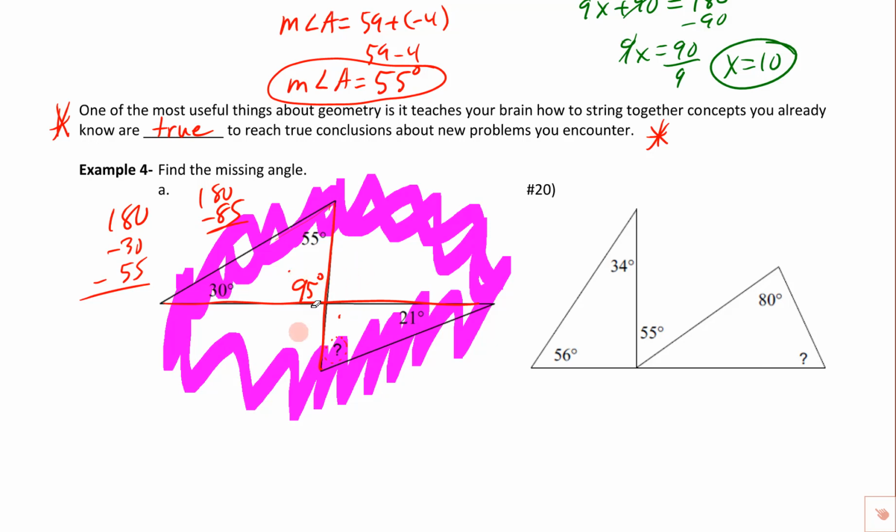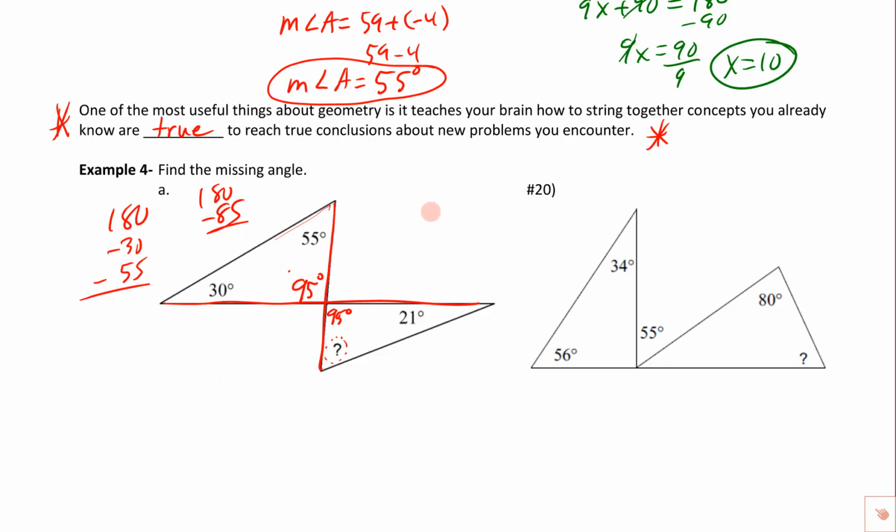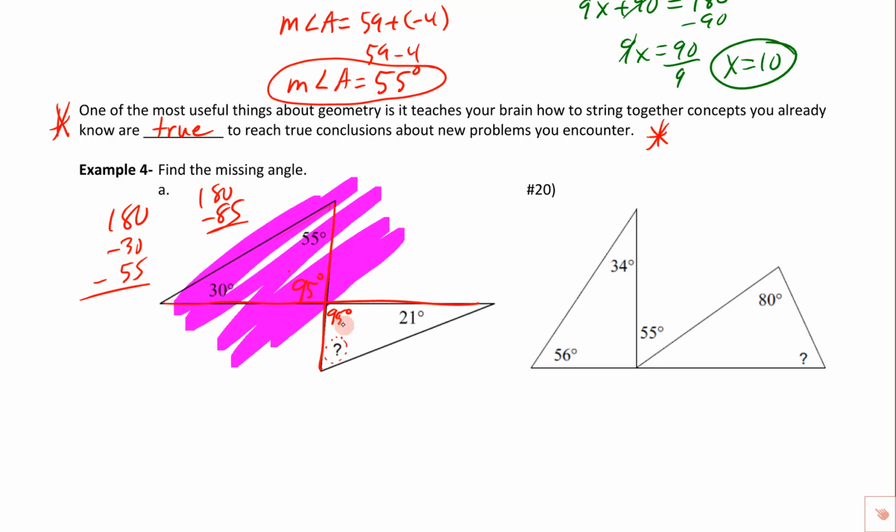So what that means is, if I know this one's 95, I automatically know that this one's got to be 95 degrees. Now I'm going to come back here and take a look. We can ignore this stuff up here. We don't need that, but we do need this angle right here, because now I can do another triangle sum